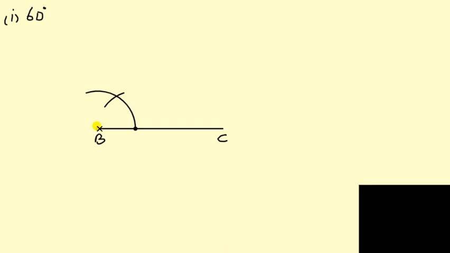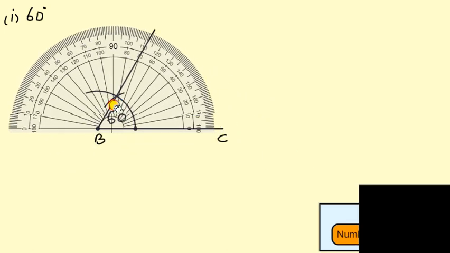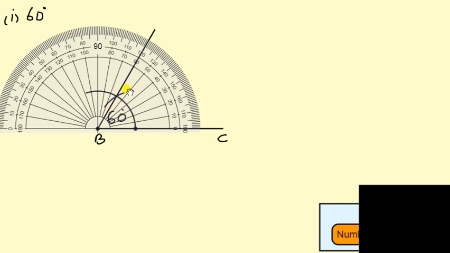First of all, you can draw a line segment of 6 centimeters like this. Now remove the scale and take your roundel or compass. Write the line as B and C. And at B you can make a 60 degree angle with the help of the compass. How can we?